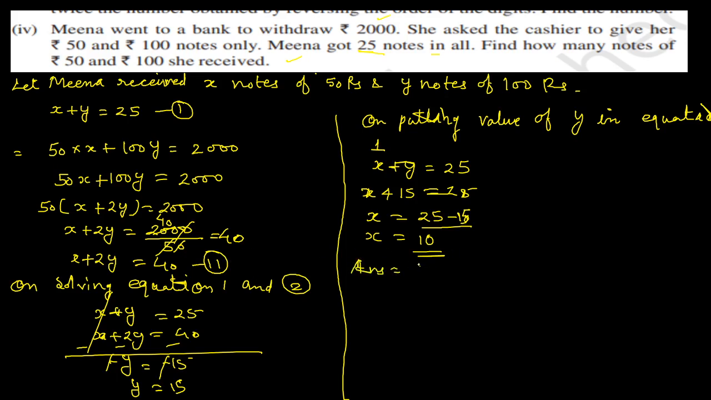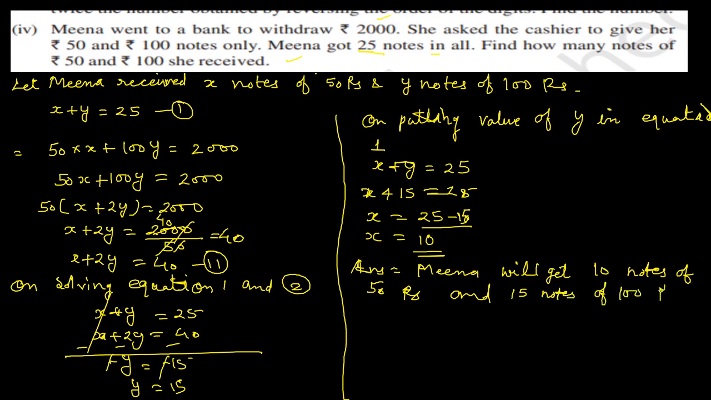Answer, Meena will get 10 notes of 50 rupees and 15 notes of 100 rupees. Let us check what happened. 10 notes of 50 rupees. So 10 into 50 plus